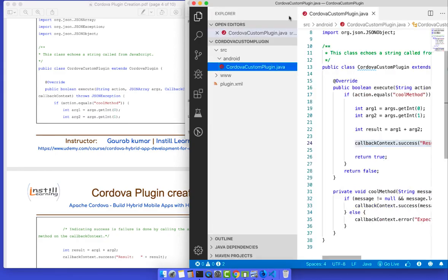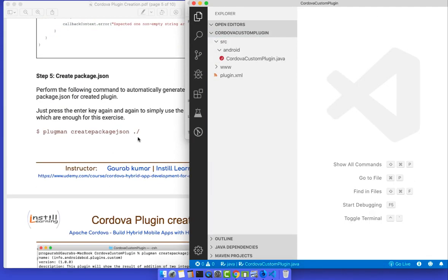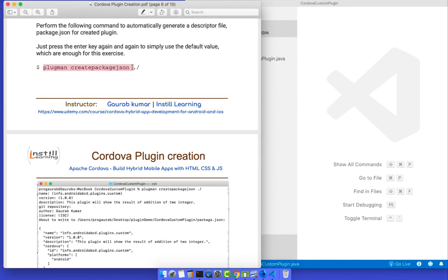Another thing is we have to generate one more file, a JSON file. Here is how to create a package.json. This package.json will be read by our Cordova application. We'll do it like this: plugman createpackagejson, and then the path where your plugin is.